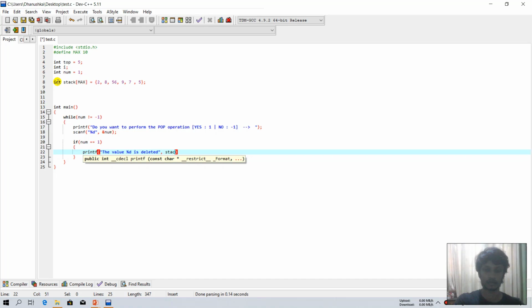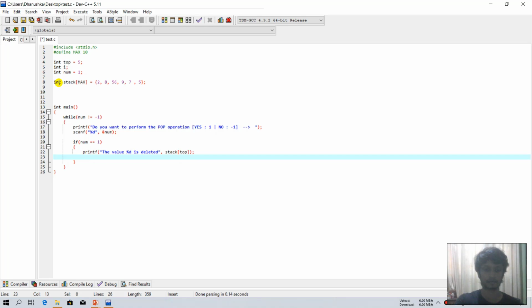So the value will be stack top, right? And if it is deleted,